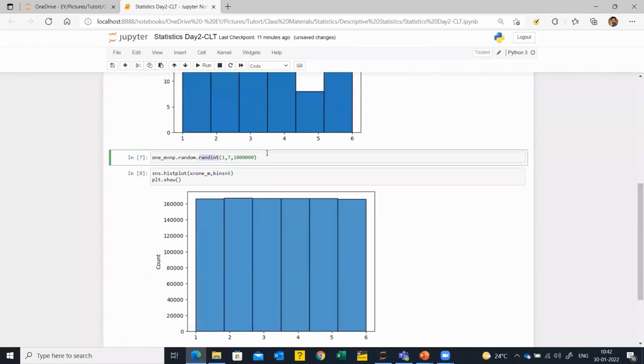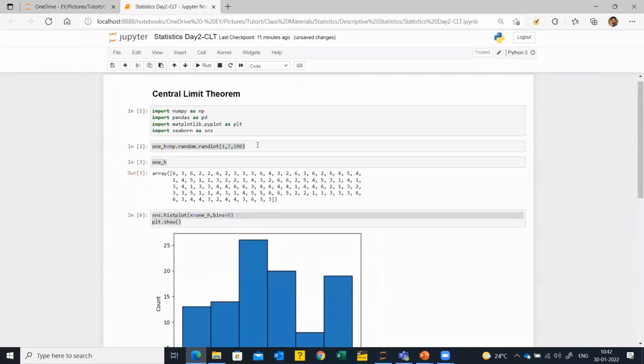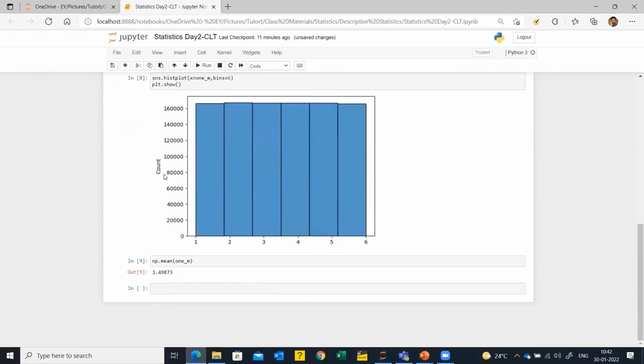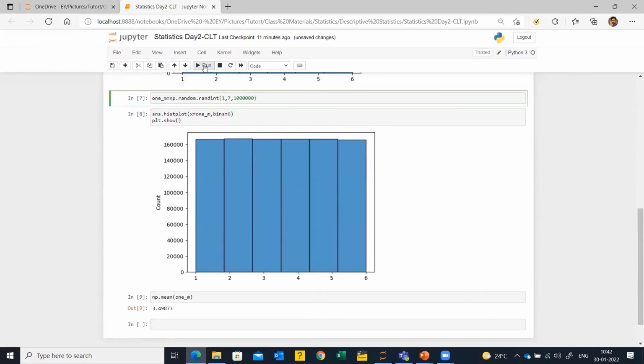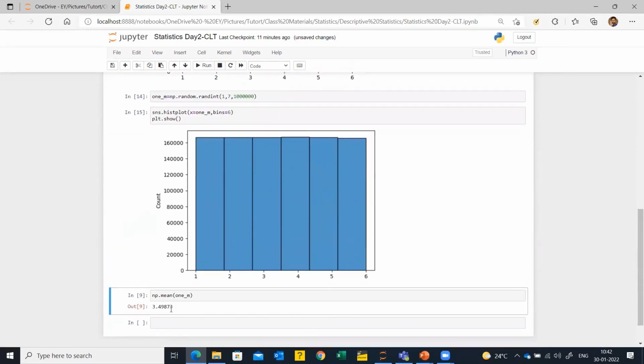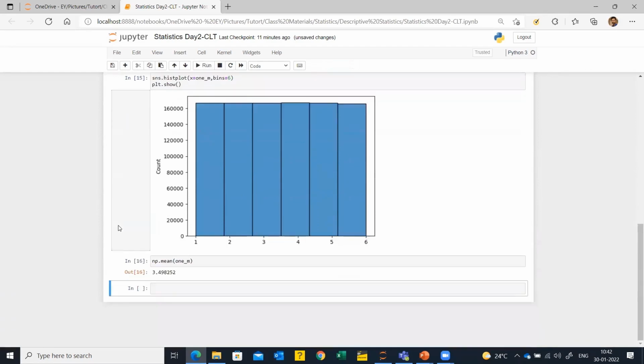Now, if you understand one thing, that these random integers are getting generated at random. So every time you click on this, your random number will be different. Okay. So for example, if I click on this again, and if you visualize this or see this, it is going to change because it is randomly creating the data. See, it has changed. 146. The next time you see, this is again going to change. 252. So it is randomly generating 100 numbers for you. Likewise, if you are generating 1 million records, this is going to change, and your mean will also change. If I run it again, see, it has changed to 4982 now.